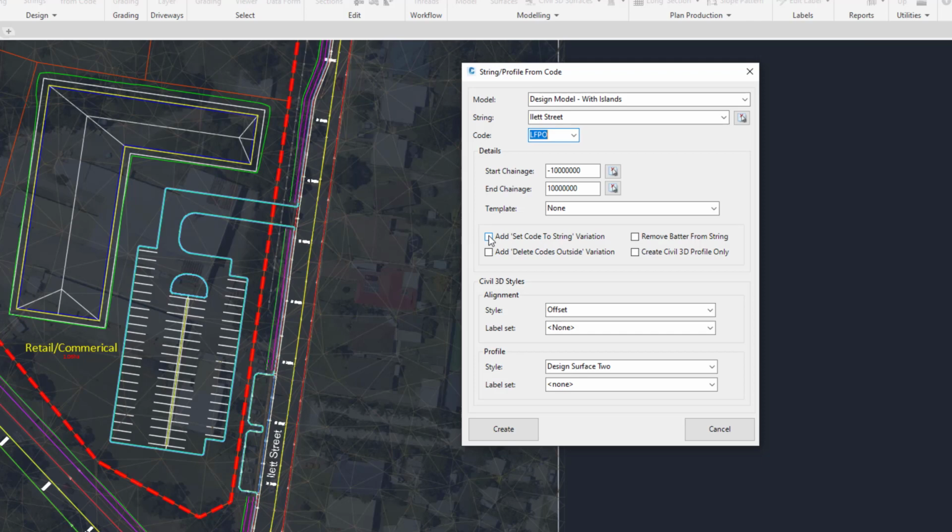We can then, in addition, tell Islet Street to have a variation applied where each of these profile strings is added as a set code to string variation. We could then also tell the software to remove any codes outside of that particular string. If we were attaching a template that included a batter, we could then tell the software to remove the batter entirely. If you want to, you can generate a Civil 3D profile only of that particular string using the elevations